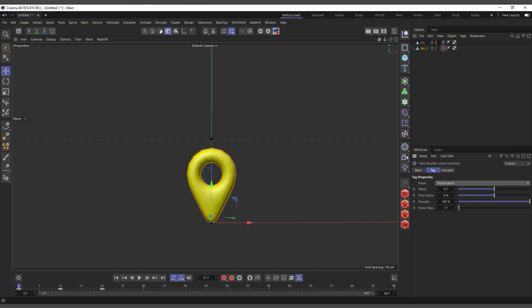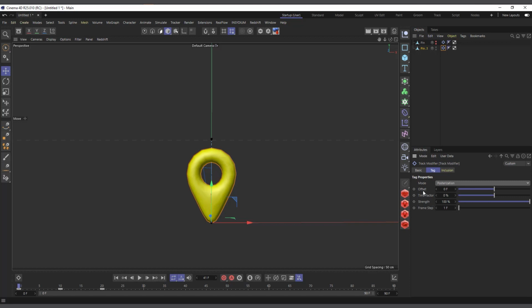The posterization mode basically gives the animation a feel like a stop motion movement. So instead of it moving smoothly and uniformly, it moves with a bit of a jumpy effect. We move from one frame to the next in a linear way. That's basically what the posterization mode does. With that, you can actually control the frame rate and the frame steps, so you can make it feel a bit more like a stop motion animation. So let's explain what these options do here.